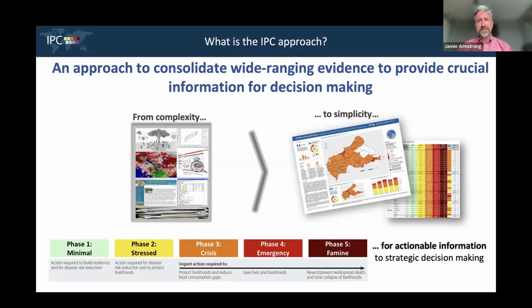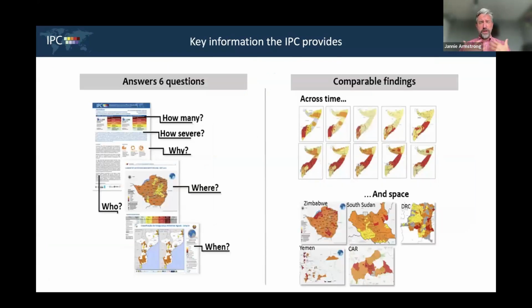And as part of that, also then to develop a way in which the reporting and the explanation of such crises would be standardized. At the core of the IPC there's a five-phase scale, which is regrettably all too familiar these days, from 1 being minimal on one side to phase 5 being famine at the other. The IPC remains the only globally recognized entity which can classify famines.